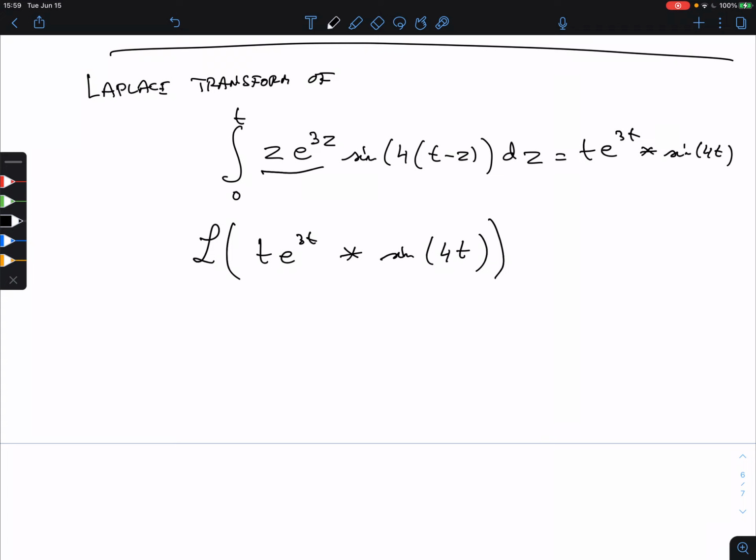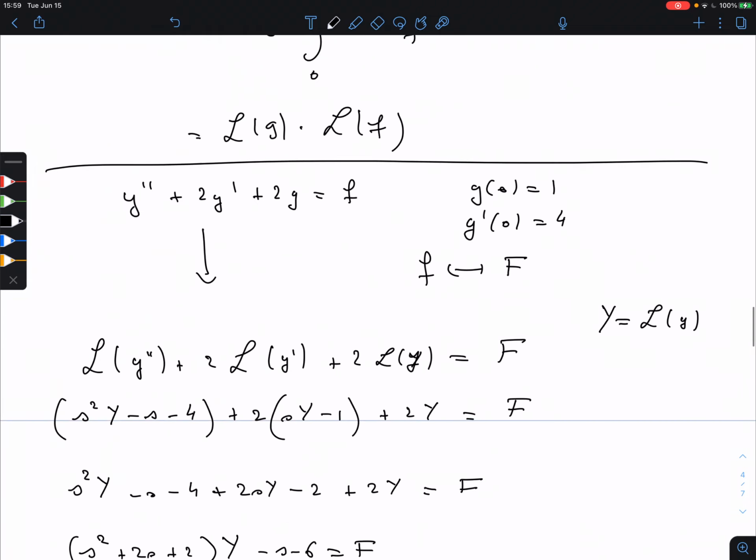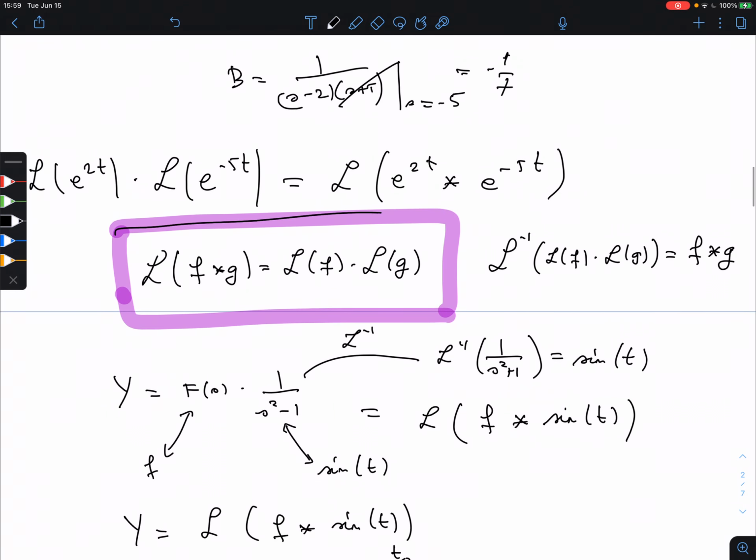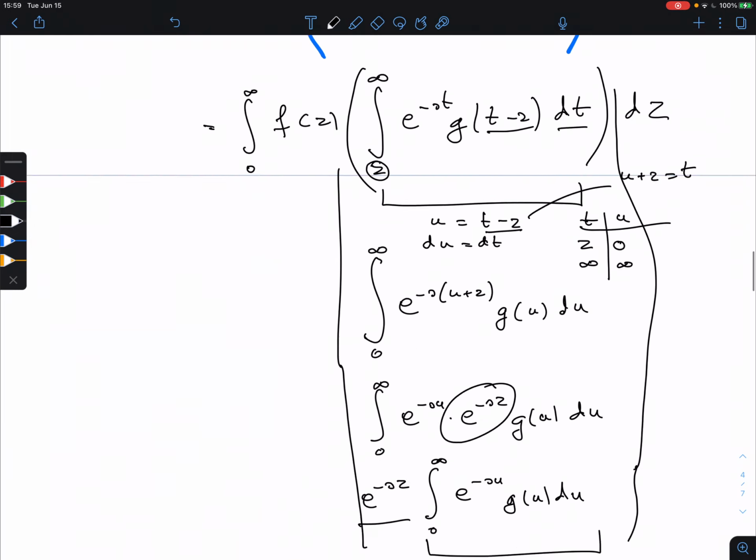And we know by the formula, this is the convolution theorem, the pink one. I should say that because we use it, and when you use things, you should say what you're using. By the convolution theorem, the Laplace of this